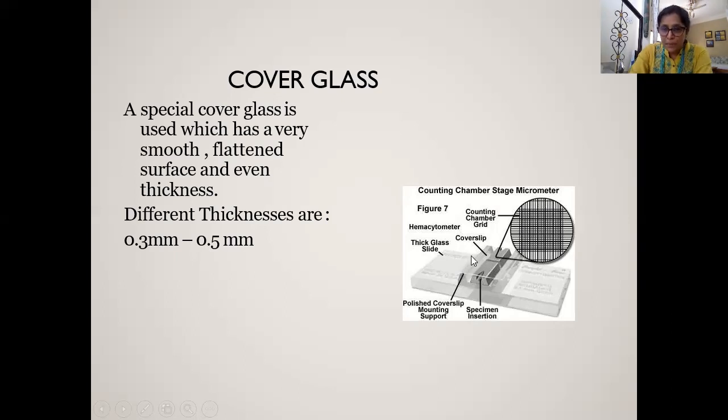We put the cover slip here, and this is the edge of the glass area, and the cover slip and the glass area here in between this specimen insertion where it is written. Here we touch the droplet of the blood mixed with dilution fluid, and it spreads across this entire part, forms a very thin layer, and the extra part flows into these gutters. So cover slips may be of different thickness. It's not very important here. We use the normal regular cover slip available in the laboratories. So this is the entire setup which we have to form.